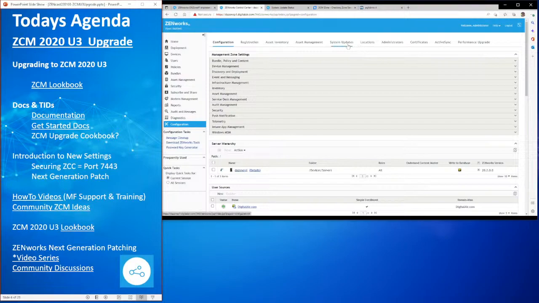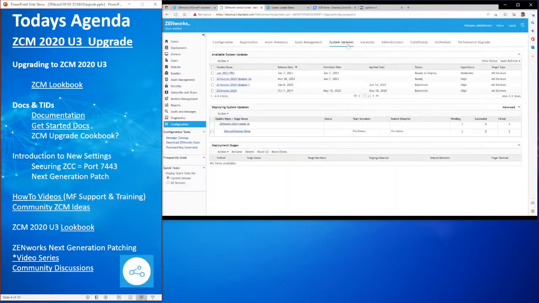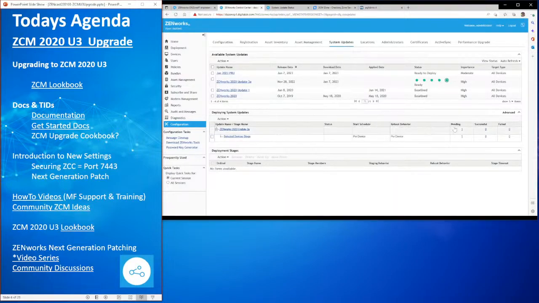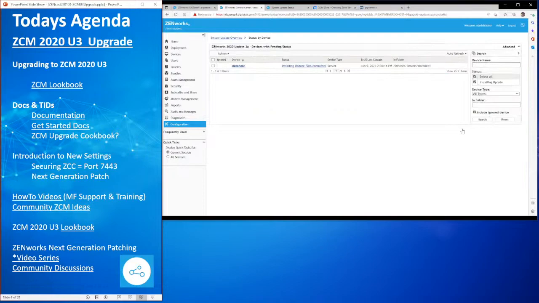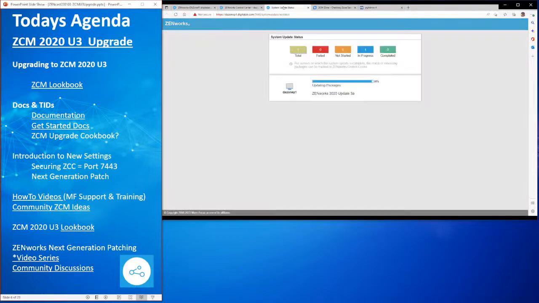All right. If we go to our system updates though, you can see that we are pending still on our first install, and we're still at 98% complete. And that matches up with the system status, 98%. Okay. So the system status is a running total, but your ZCC, when you can get back into it, all those services are up. You can then go to